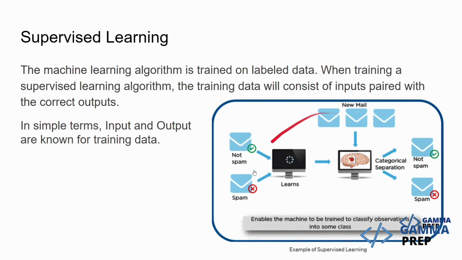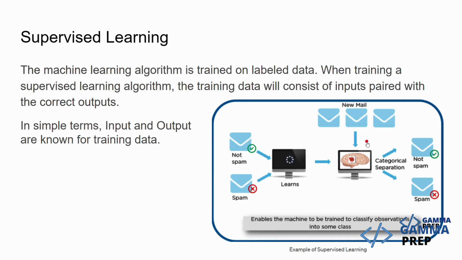For example, if you see here, we basically are telling our machine to learn. That is, we are telling that, hey, this is the mail, this is spam, this is the mail, this is not spam. So we are giving our X and Y both. We are giving X train and Y train both. Now for the X test or the new mail, we are telling that, hey, now the model is built on this training data. Now for the testing data, please give me the prediction whether this new mail that is coming is spam or not spam.